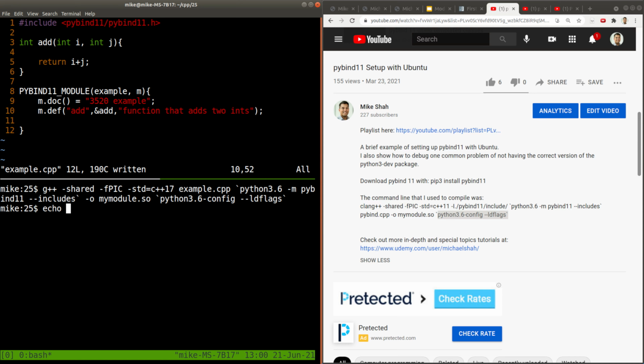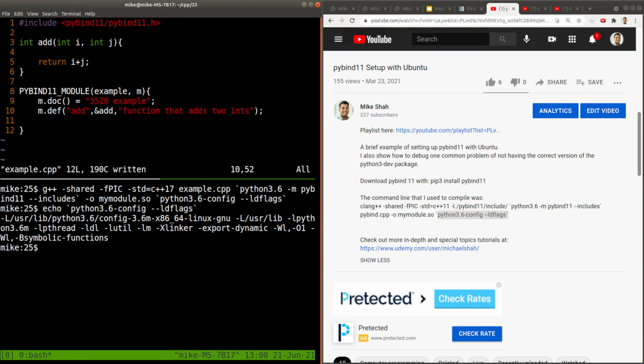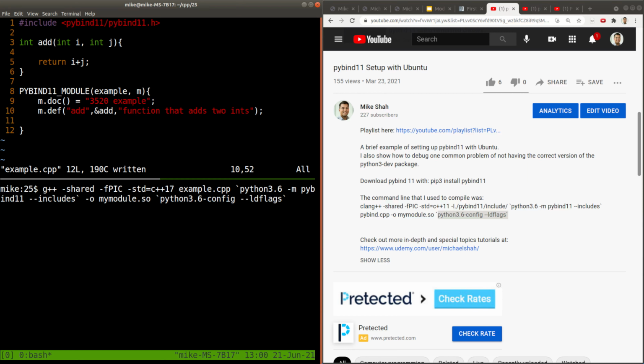So let me just echo out what that means here. python3.6-config --ldflags, and you can see all these libraries that need to be linked in. For example, we've looked at pthread, which is needed in Python. Some of these other libraries here. m is just short for the math library, and so on. Okay, so this will help us generate a correct module for us, okay?